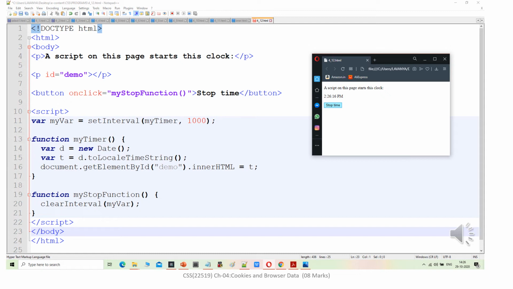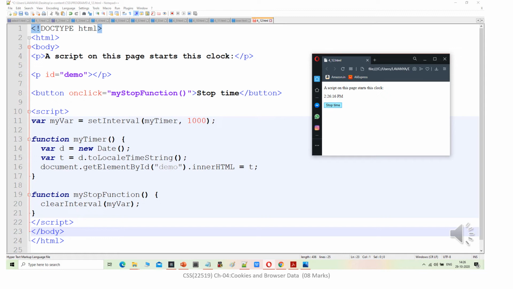Then function myTimer, var d is equal to new Date, var t is equal to d.toLocaleTimeString, document.getElementById innerHTML equal to t. Then function myStopFunction, clearInterval myVar, and end of script, body and HTML.